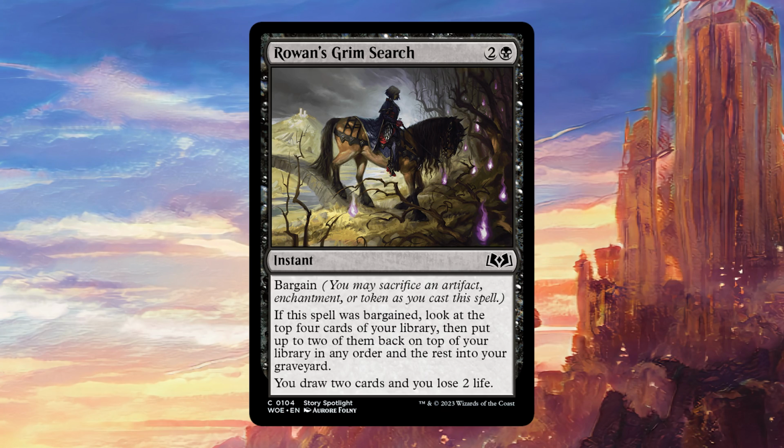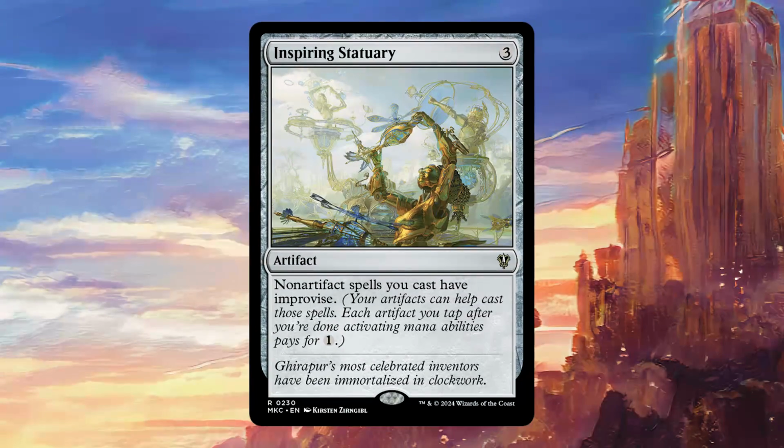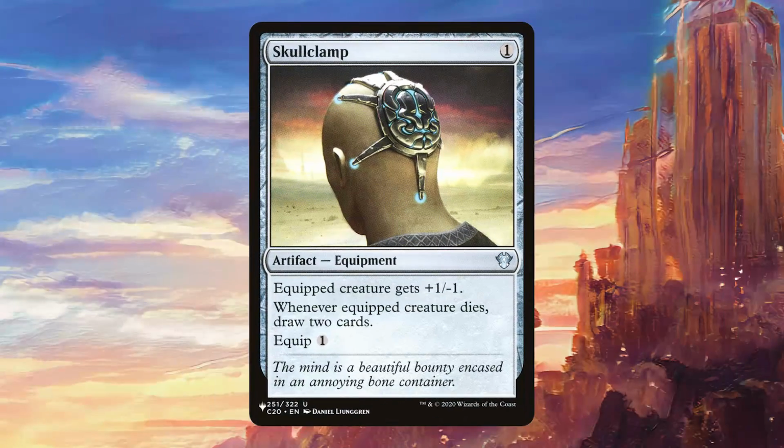Moving on to artifacts, we have Cryptolith Fragment, which is a mana rock that does much more than just add mana in this deck by turning on our commander's ability all by itself. Inspiring Statuary is going to allow us to turn all of our clue tokens into mana rocks. Skull Clamp can allow us to draw a bunch of cards with all of the little flying tokens we're going